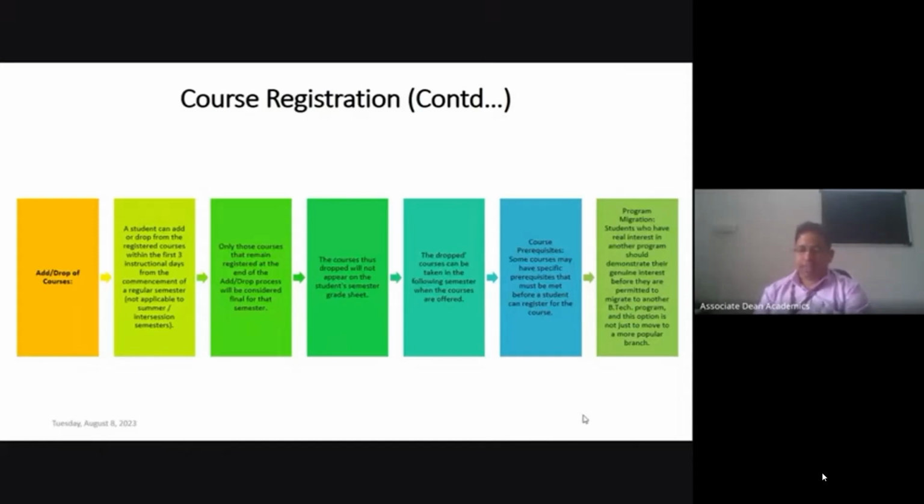So what are those criteria? First, we will ask whether you are really interested in migrating, or whether you just want to migrate for the sake of it, since your friends are migrating. That is not okay; we will never encourage this case.